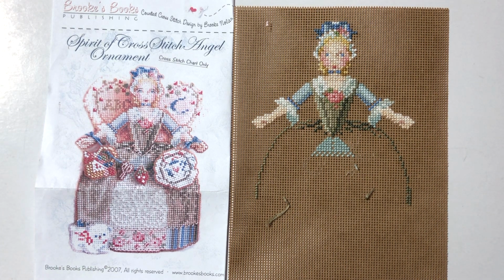working on this project. So this morning I worked on her dress and someone commented in my last video that her dress looks very vintage, and I agree. I feel like the other dresses were also kind of vintage, but in a different style, I guess. I don't know much about fashion, but I feel like the Evergreen Angel's dress was more in a Renaissance style with the small waist and very long sleeves. I don't even know if that's the right way to distinguish different styles of dresses, but it felt more Renaissance-ish,